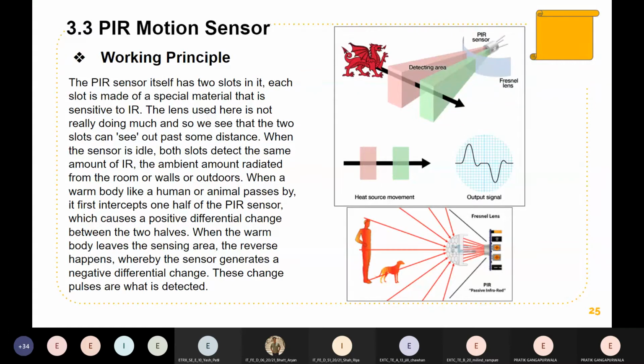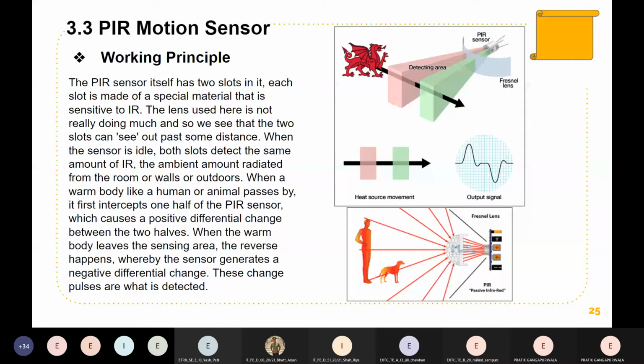So it has these two slots which are sensitive to IR, and in a room, because of the walls, the ambient amount of radiation is normal. But as a body passes in front of the PIR motion sensor, it detects a differential change between the two halves.